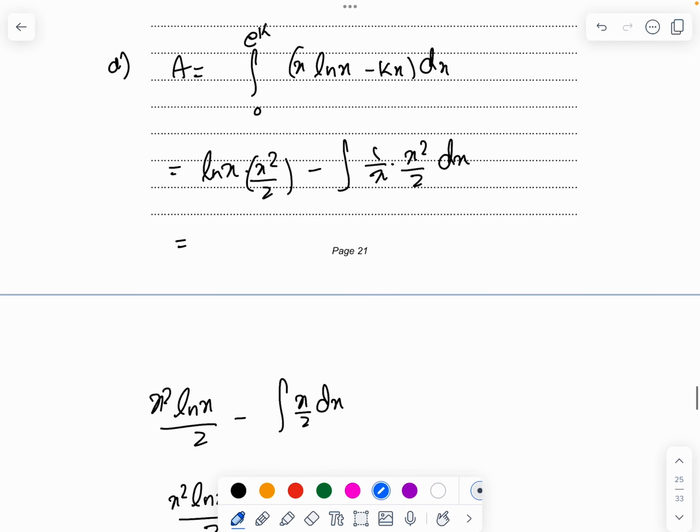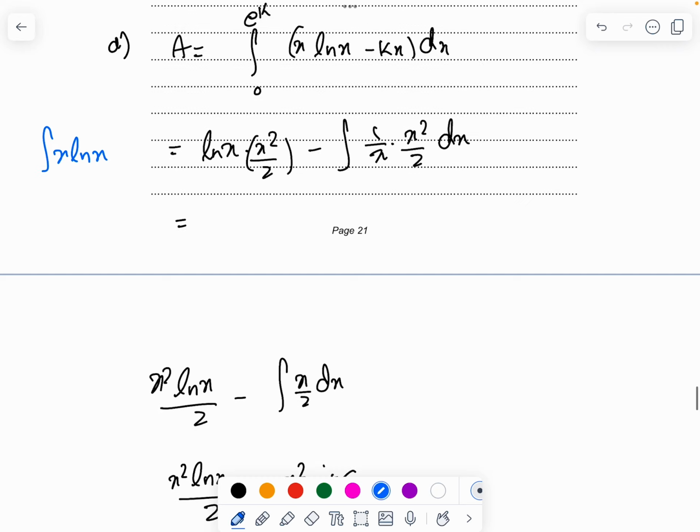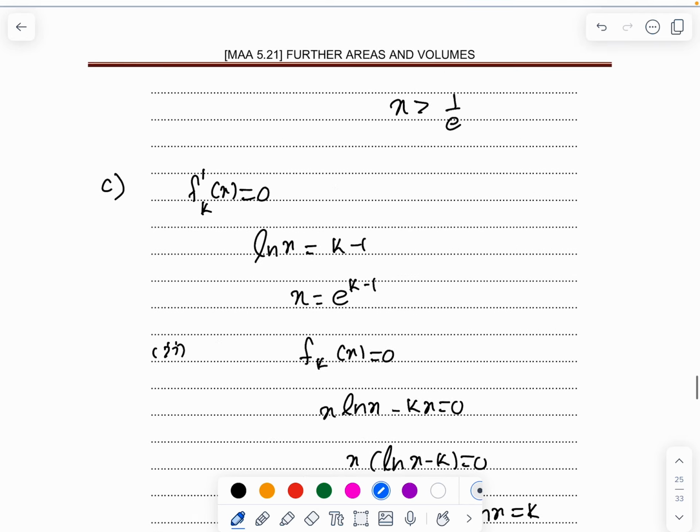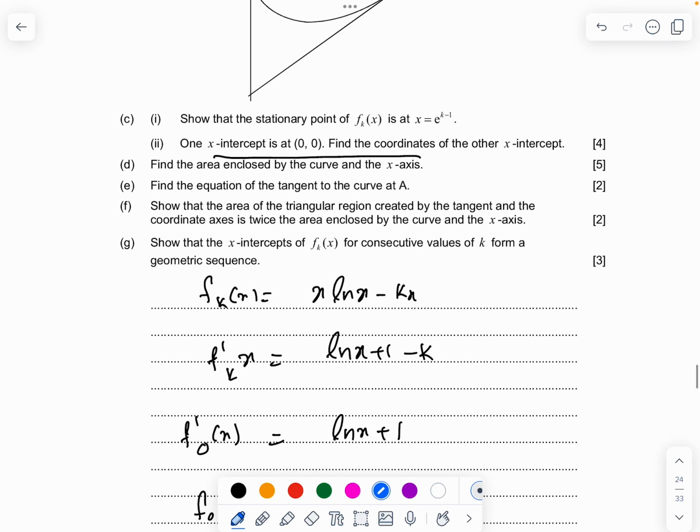This one I am just doing the integral of only x ln x. Then I find the entire integral and substitute it out. I should be getting e to the power 2k plus 4. Check that answer. Next, finally, what is being asked? Show that the